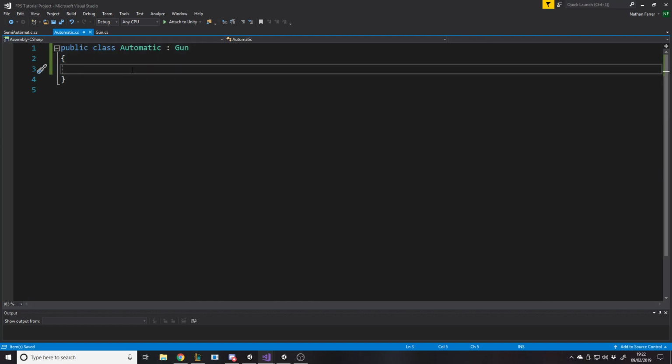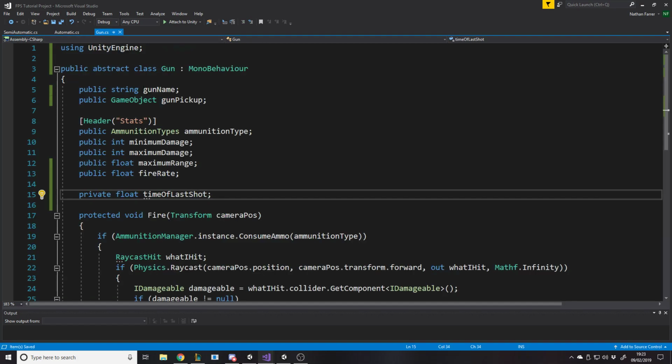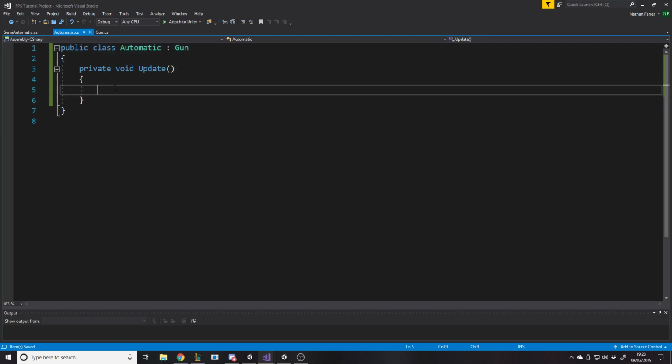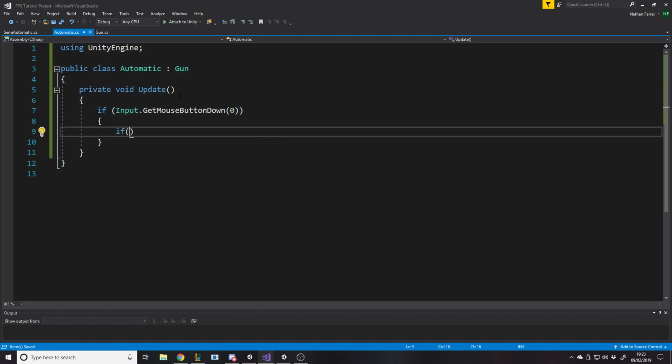So we need to say in the automatic gun, in the Update function, let's say, keep in mind in here we have access to all of these things, so that's quite handy. But we need to make this protected if we want to be able to access it from the other class that's derived. The fire rate, that's all public, so that's fine. So every frame on the automatic gun, we first of all need to check if we press the left mouse button. So if Input, and then we need to import Unity, obviously. So if Input.GetMouseButtonDown(0), if we've left clicked,